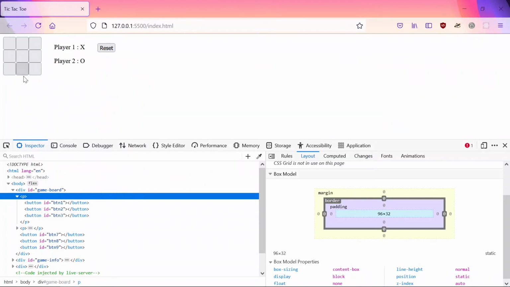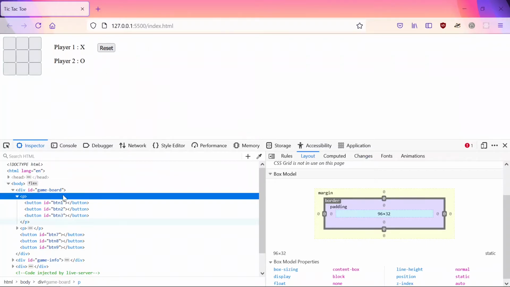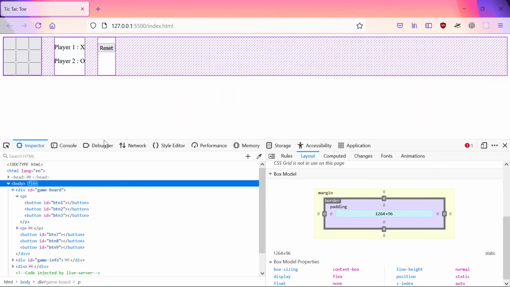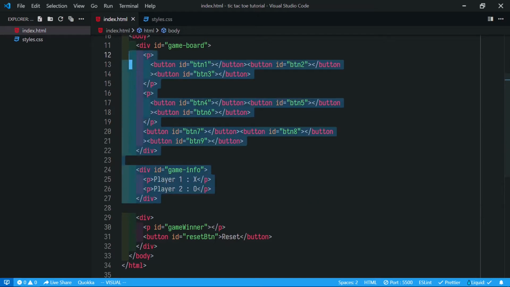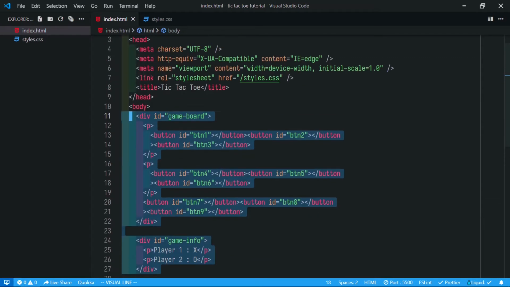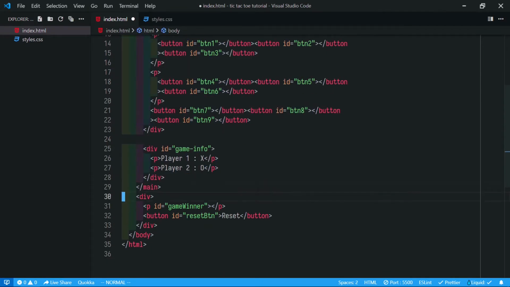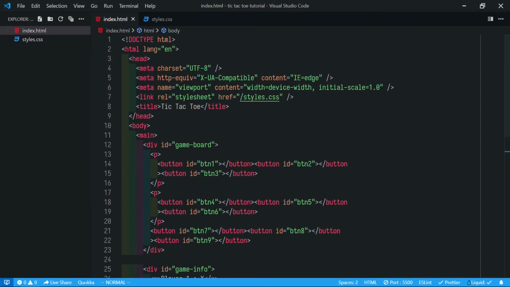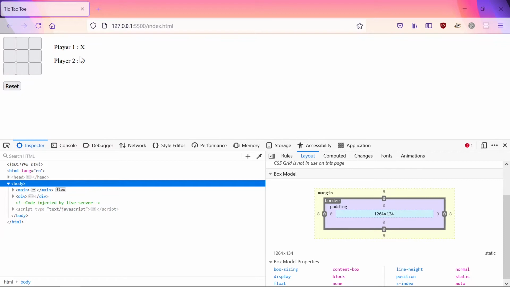So what you will see is that this div is also on the right side, because flex puts all the elements next to each other. If too many come here, they will squish each other. What we can do is we can give these another common parent, we will call it main. So now these two have a different common parent, and instead of body we will give main display flex. Now problem sorted.